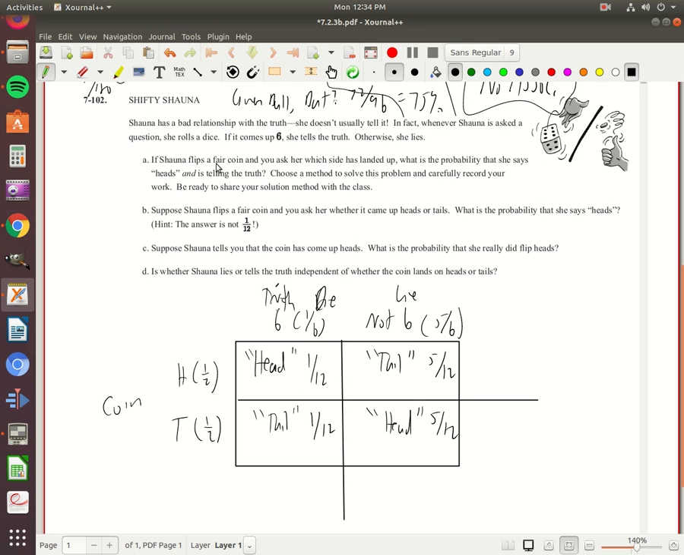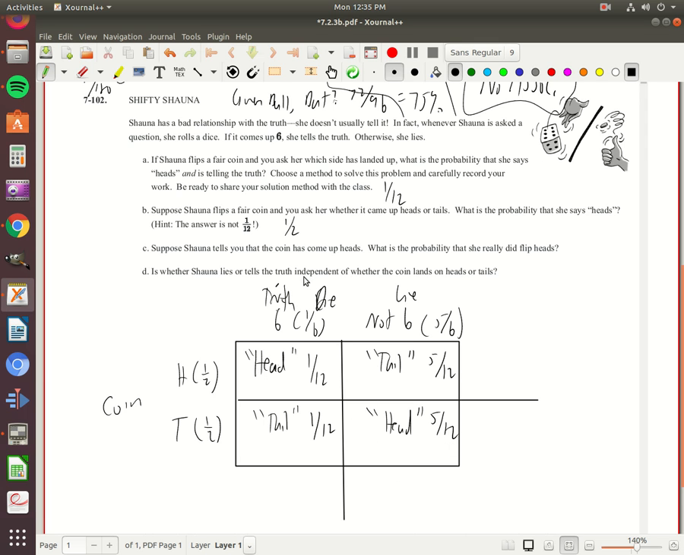Now, it says if Shauna flips a fair coin, and you ask her which side lands up, what's the probability she says heads and is telling the truth? Well, that's right here, right? Truth, heads, there's a 1 in 12 chance. Suppose Shauna flips a fair coin and you ask her if it came up heads or tails, what's the probability she says heads? Well, there's a 1 in 12 chance and a 5 in 12 chance, so altogether there's a 6 in 12 chance. So we'd say half the time she's going to say heads,